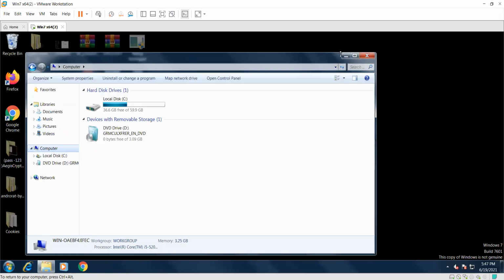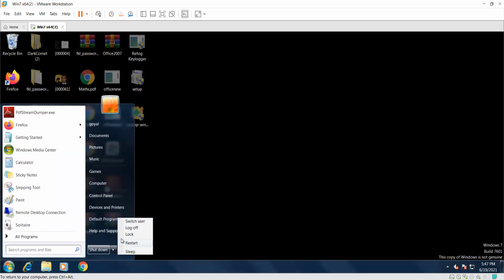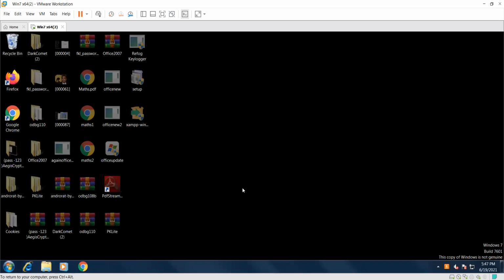So now, if any type of task is scheduled by the cyber criminal, don't worry about that. If the system is going to lock in any condition, we can easily log in again. Suppose a person has locked that particular system, we can easily open it because we have already changed the password, and the volatile data is secured in that system. So this kind of activity is helpful to the investigator when they think about changing the password related to a computing device which is taken from the incident place, right?